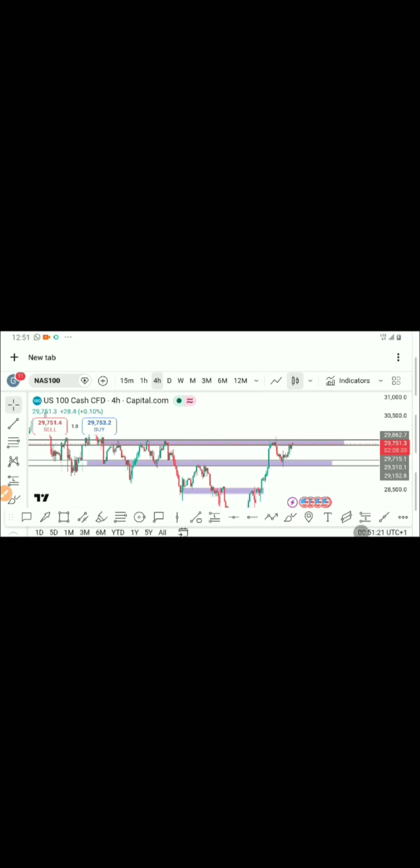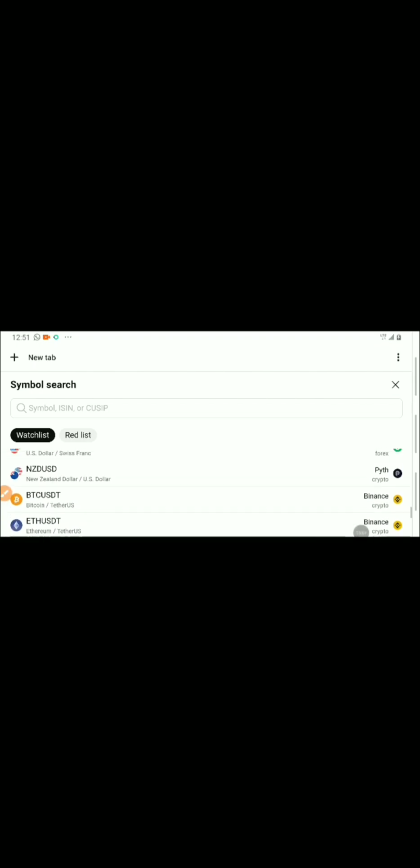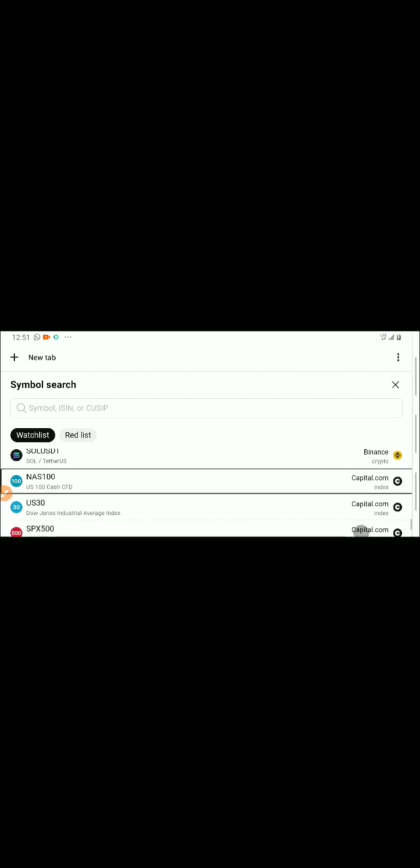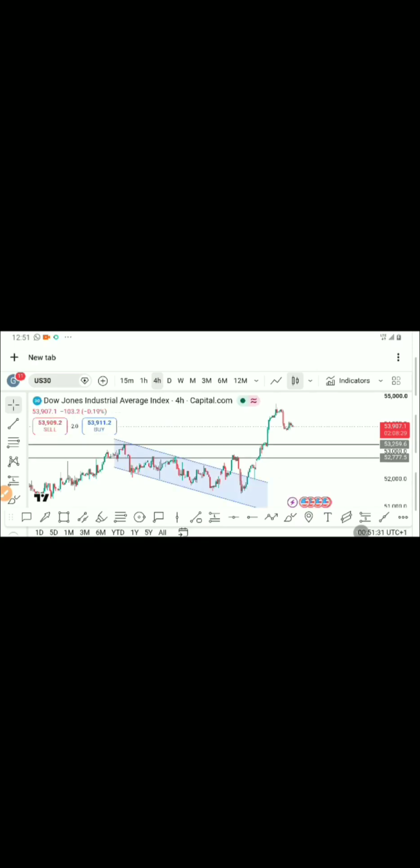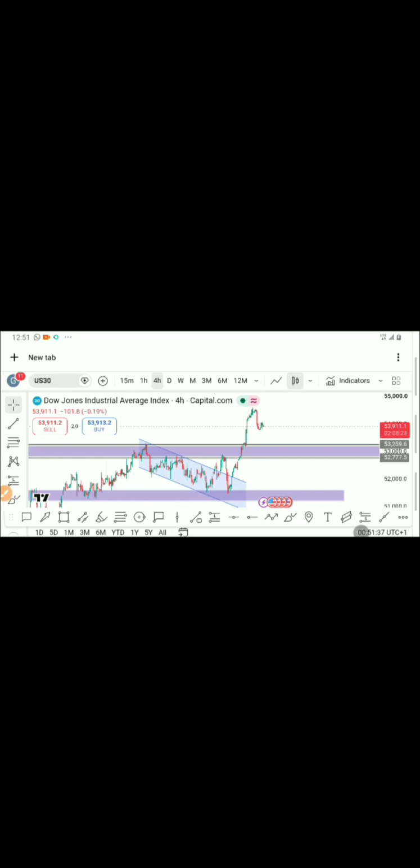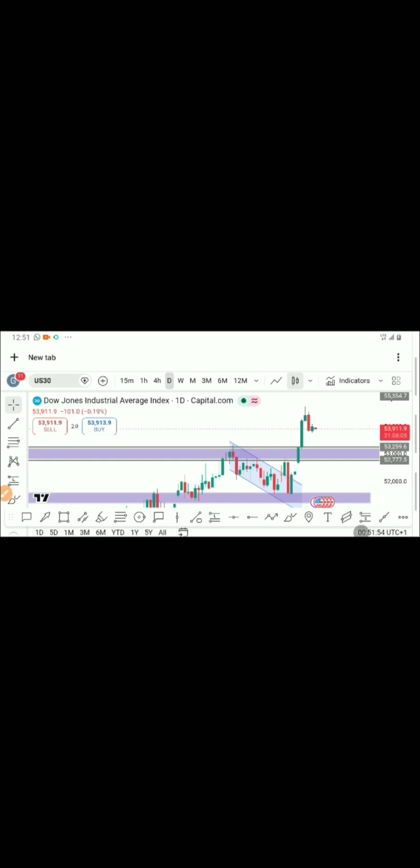Now the last one I'm going to look out for is US30. So the last one on my list is US30, which is this. Now US30 is pretty much the same thing as NASDAQ. So US30, you can see that going to the weekly time frame, you can see this massive weekly candlestick, very massive. So apparently I would like to see a pullback a bit before we continue buying, right? And I think it's already happening. If you come down to the daily time frame, you can see the same thing. We have a very massive engulfing candlestick. I think that should be on Wednesday,